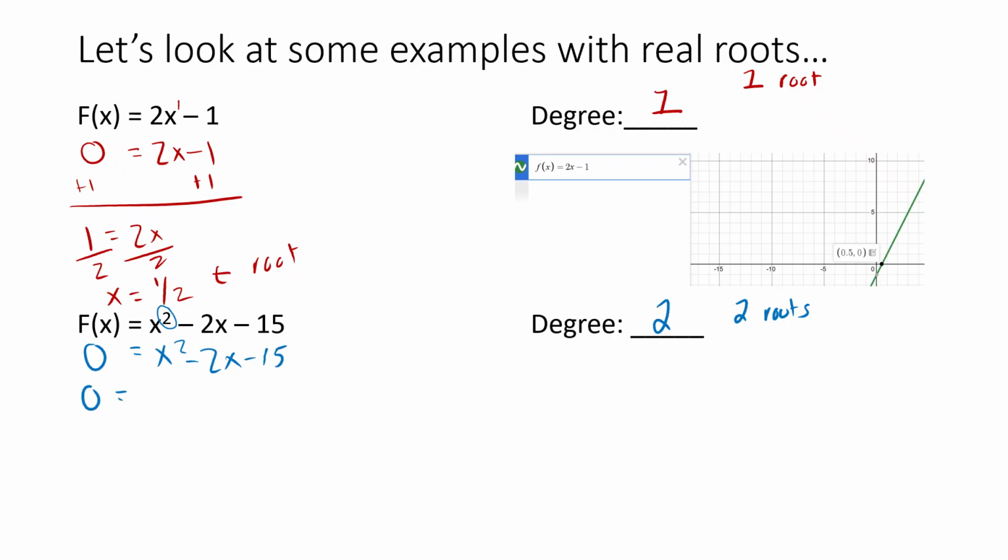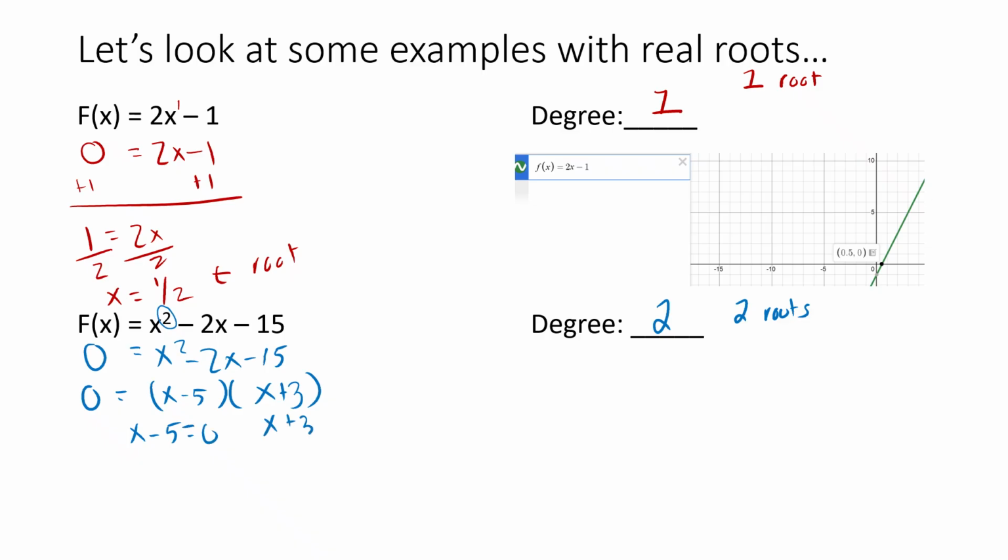Now, in this video, I am going to operate on the assumption that you know how to factor. If you need a factoring review, we've got several videos on the channel that go through how to factor, and we do the area model. I've got some comparison contrast videos, things like that, where you can go through how did I just do what I did there. Now, we can use the zero product property, and we know that that means x minus 5